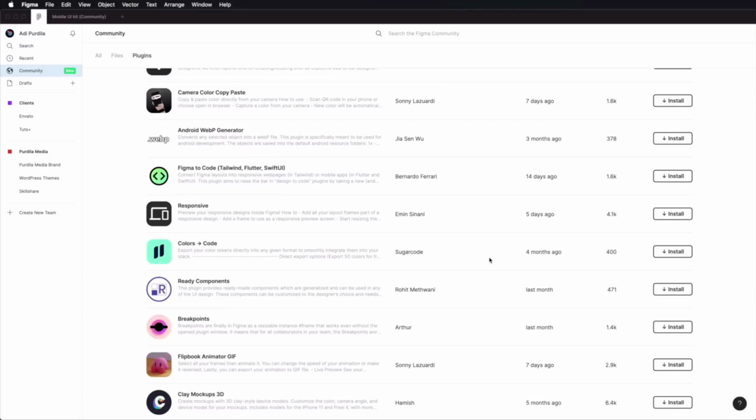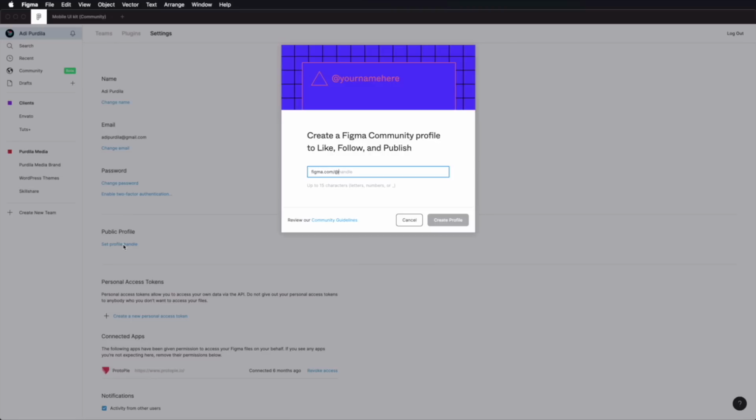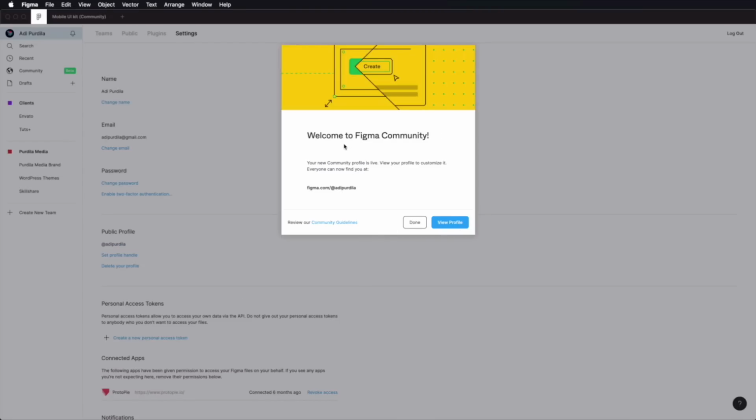Now, if you're part of the community, like I am now, you can actually create your own profile. So I'm going to go to my account, and where it says public profile, I'm going to click set profile handle. I'm going to set the handle that I want. In my case, Adi Purdila is available, and hit create profile. So now I'm officially part of the Figma community, and people can now find me at